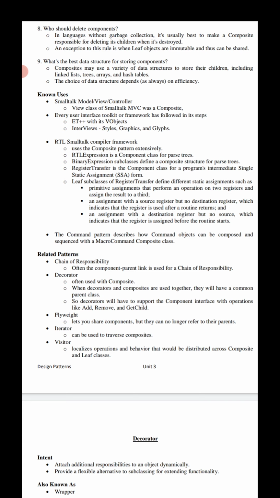The command pattern is one of the patterns. It describes how command objects can be composed and sequenced with a macro command composite class. These are the four best examples of the composite design pattern.